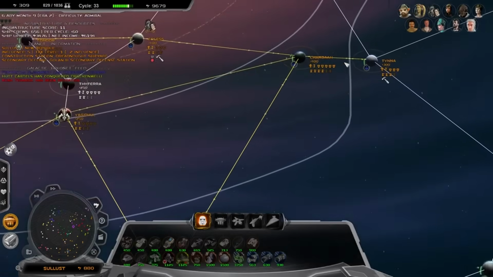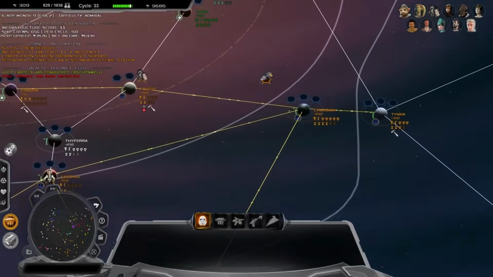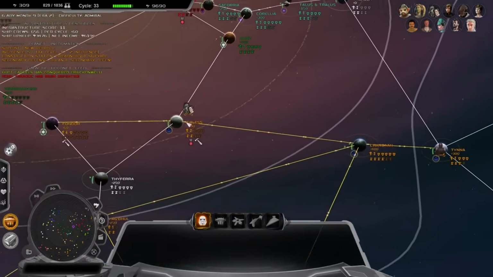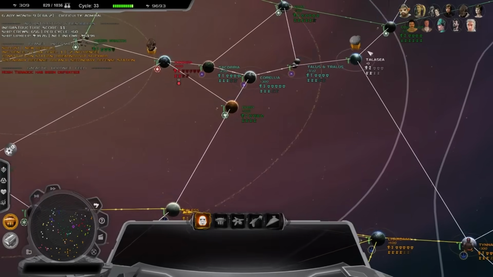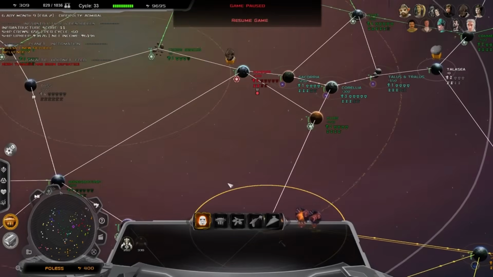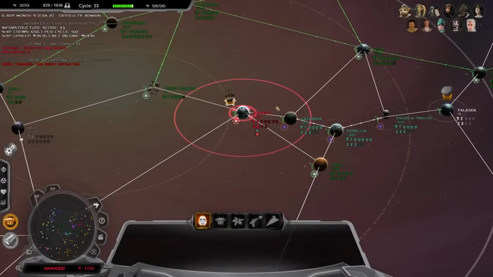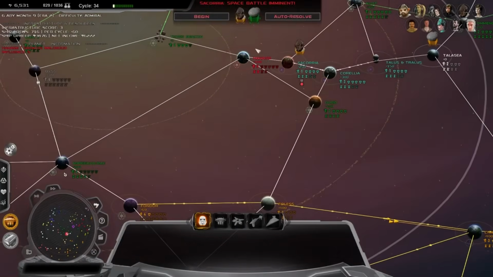So let's move these up here. Oh, I lost them. Actually, we'll just put them in orbit. I'll move the heroes up as well. I gotta be careful because right now I've left the newly captured Fondor completely unprotected, which is not a great idea. So let's just raid a couple of these worlds, and then we'll be...